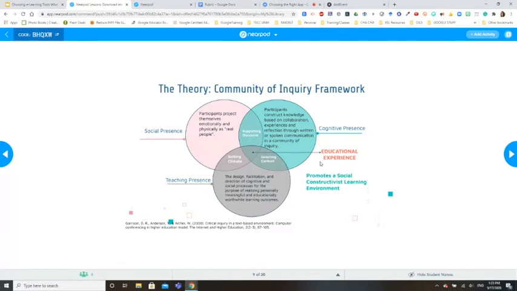They facilitate content and knowledge, participate, and bring a lot of experience to the classroom. So basically, that's why we are using this community of inquiry framework, because we want to create educational experiences that are meaningful. So the social presence, if we go to the left, you will see that this